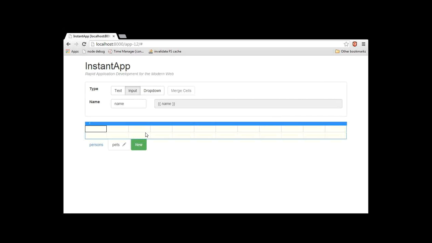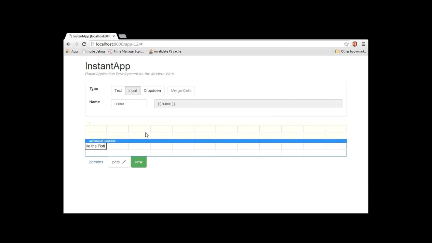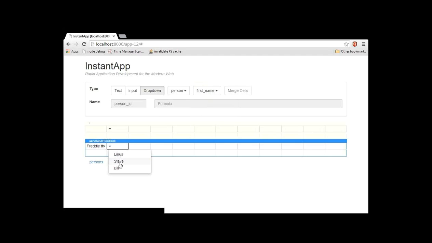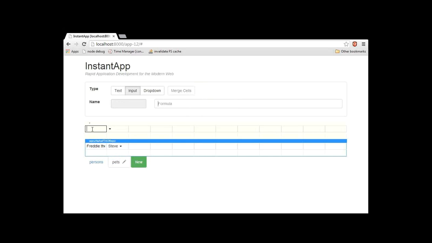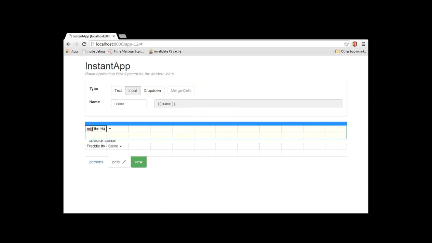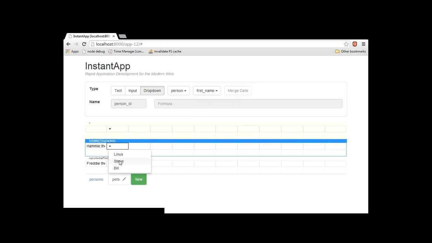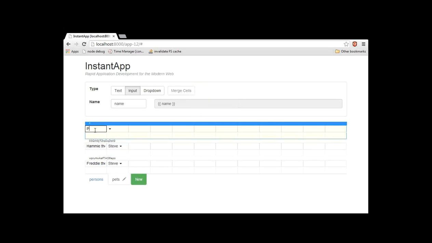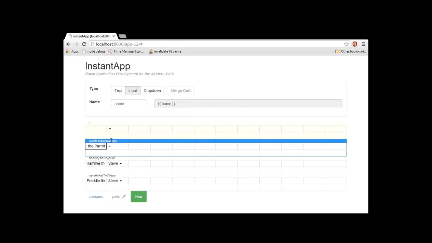Let me create a pet name here and create a drop down that references the person sheet, and by default the name will be person ID. I'm going to type the first name there. Let's give this pet to Steve Jobs, and create another one. Let's see, hand me the hamster, and give him to Steve as well. And how about a parrot for Linus? So now they each have pets, and you can use templates here